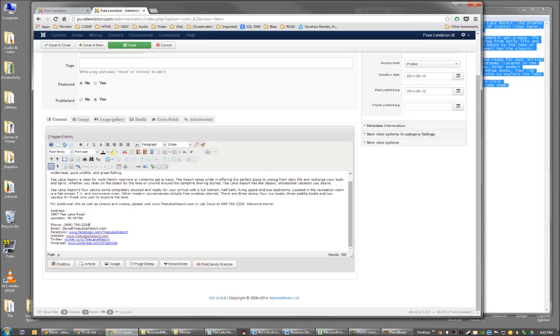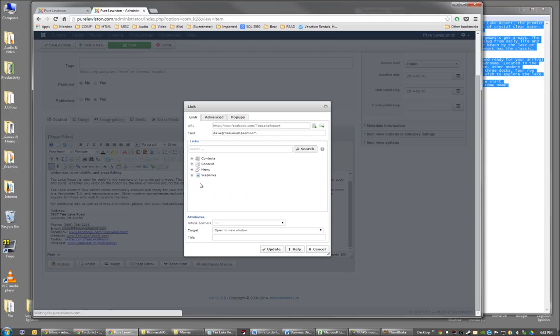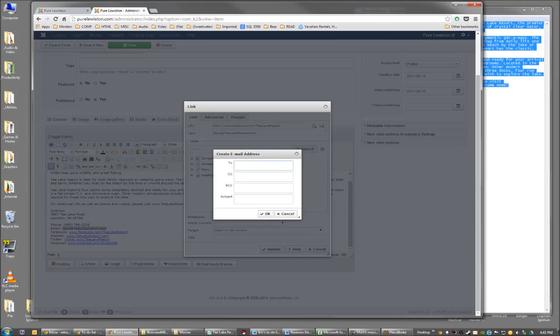For an email address, you again select the address, choose the insert link button. Here, though, you leave the text how it is, but you click the email button over in the upper right corner. For the to, you put the actual address, which I could have copied and pasted. I leave CC and BCC blank, and for the subject, I've just been putting